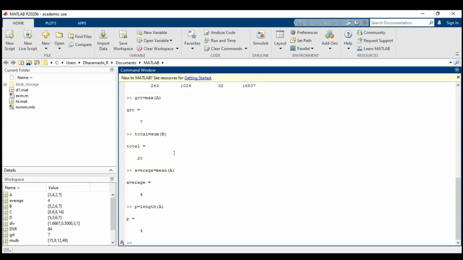So what is the length of A? For this vector A, the length is 4 because there are 4 elements. Okay, so in this way we can do. There are so many functions available in MATLAB. If you are not aware of those functions and how to use those functions, then